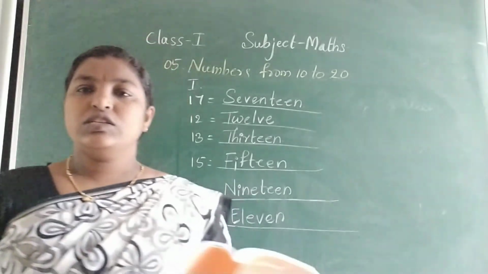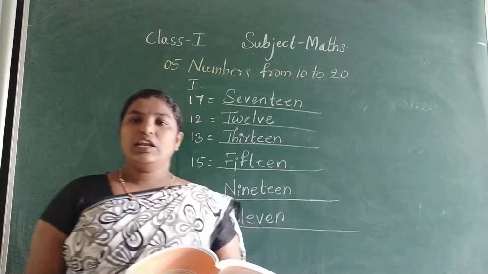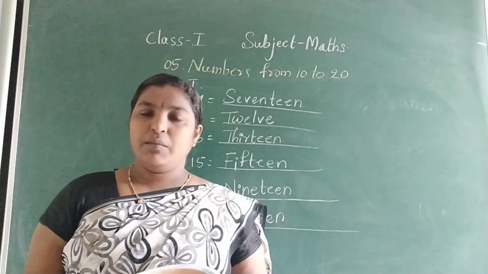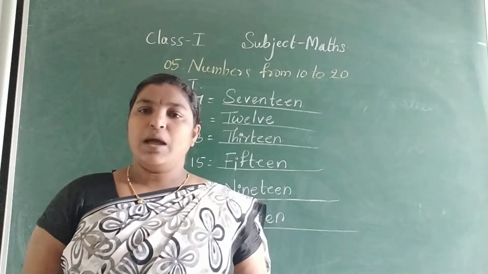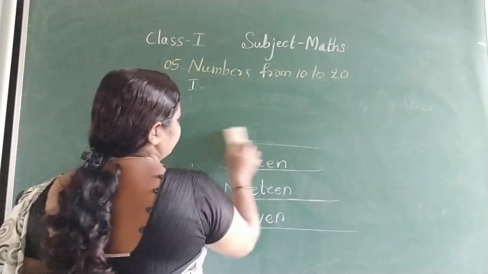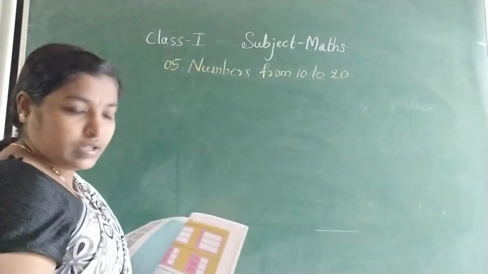In the first question, they had given the short forms, the numerals, and we wrote number names. But in the second question, they have given the number names. We have to write the numbers, the numerals. Second,